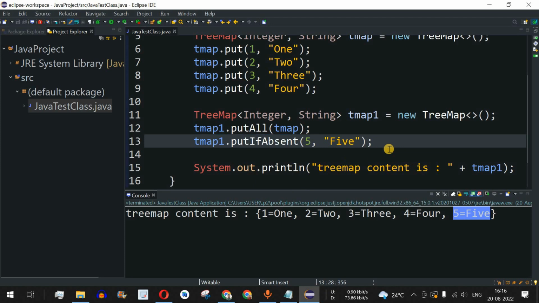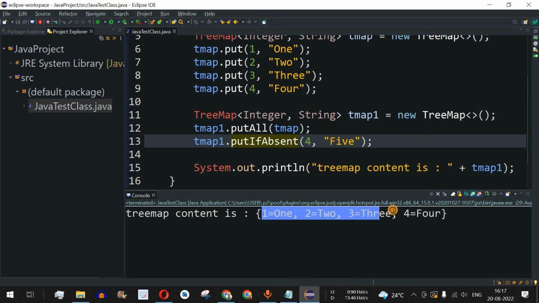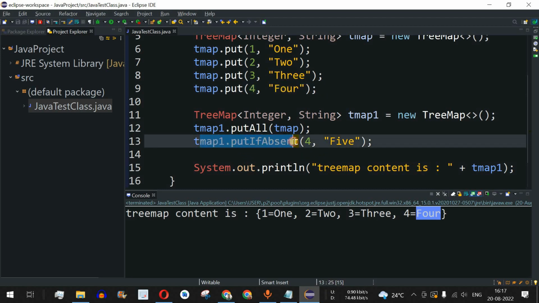Now guys, let's say I want to provide 4 here. So let's say we have putIfAbsent and the key is equal to 4, but we have 5 as the value. So what should happen over here? Let me just save this file and try running this code now. So as you can see, we have 1, 2, 3 and 4. For the key equal to 4, the value is already 4, which was added in the tmap. Now guys, what is happening when the control flow comes to putIfAbsent is that the key is encountered as 4 and it sees that 4 is already present. So this value is not added inside this map, and that is the reason why 4's value will be 4.